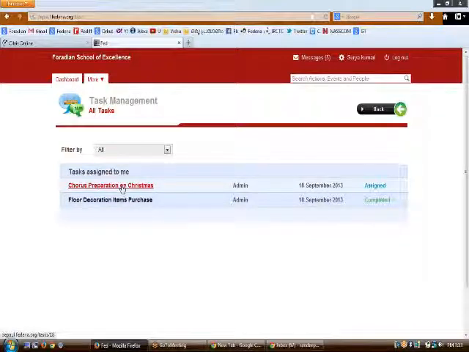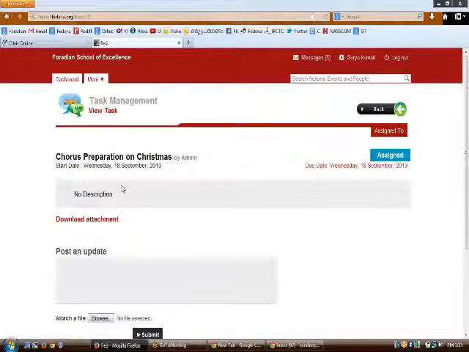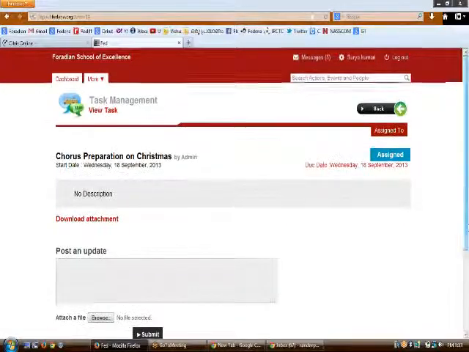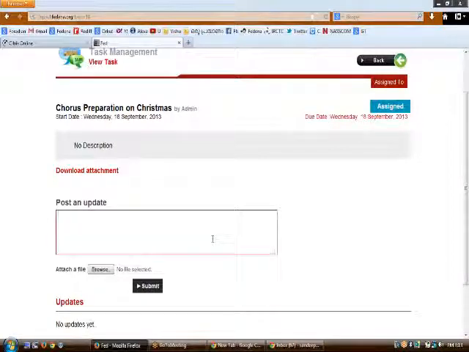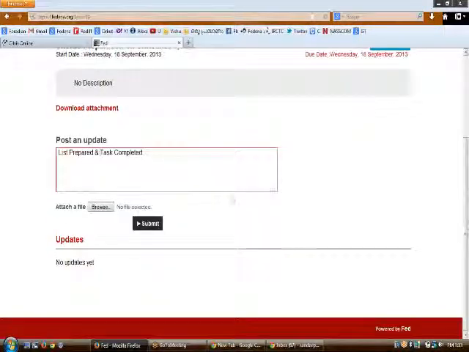So the next step she is to do, just open up the task that is assigned here, portion update, like list prepared, and task completed. And you can even attach a file or two with it using the browse button here, and all you need to do, just click upon the submit part here.